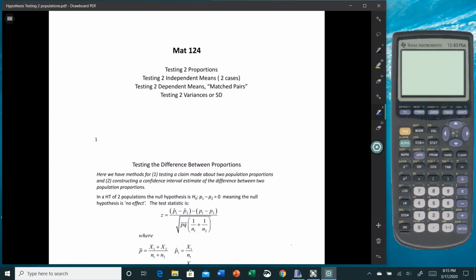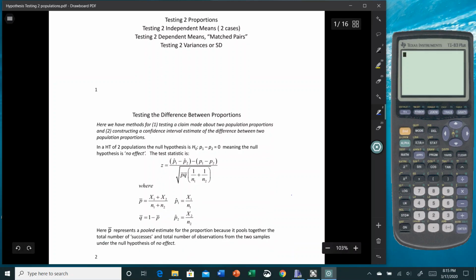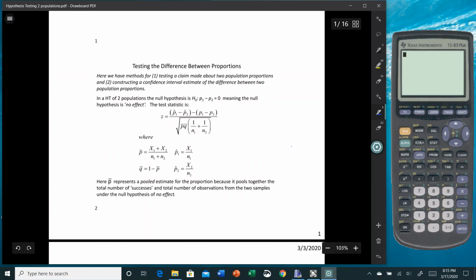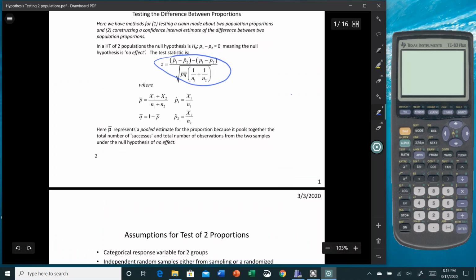Okay, let's do this. So I'm working in your notes. We're beginning with testing the difference between two proportions. This is the test statistic for testing a difference in two population proportions. This test statistic was used in the notes on Canvas that works through an example for testing the difference between